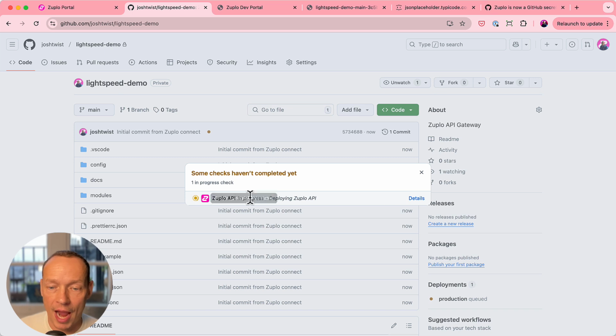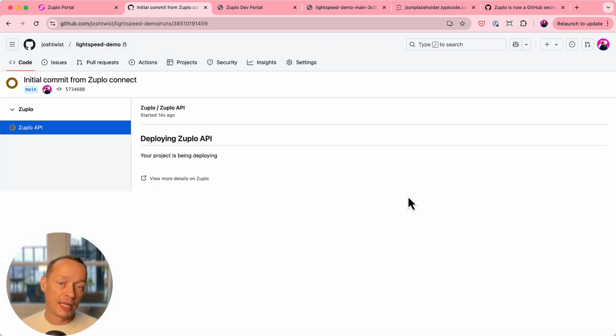And there you go. You can see we're actually deploying the API, in this case, to 20 data centers around the world running on the Akamai connected cloud or Linode. We have multiple deployment options. But that's going to happen in under a minute. And if you want additional environments, all you have to do is create a new branch in GitHub and we will deploy that environment for you in a matter of